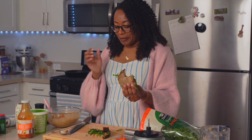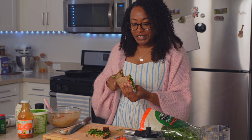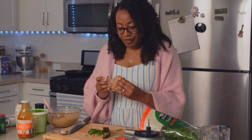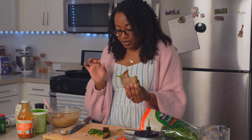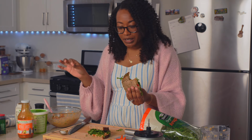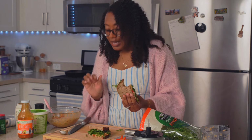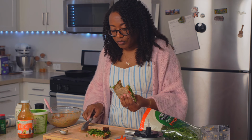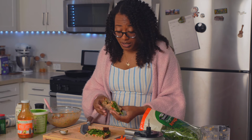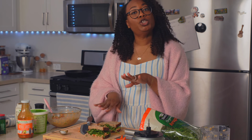Definitely gonna make this more often. It'll be a nice change up from my usual chickpea or curry chickpea sandwich. But this is really good. I like this a lot. Okay, now I see why there's so many recipes out there for buffalo chickpea sandwiches. This is really good. All right, so I'm gonna go enjoy my sandwich now, and I will see you guys